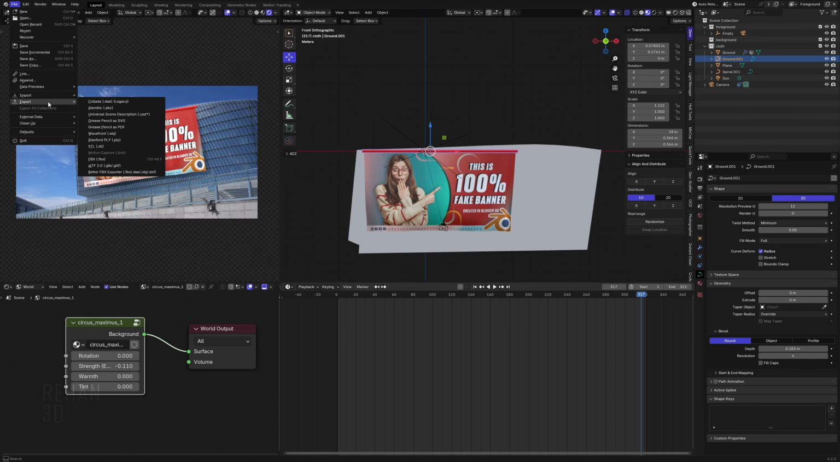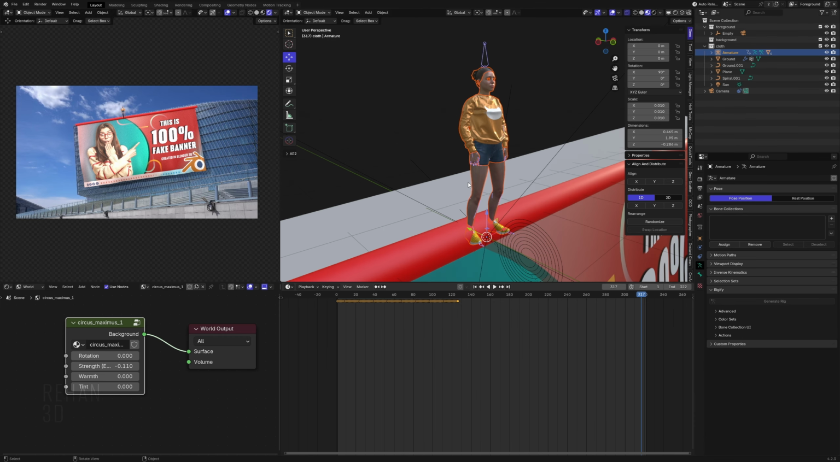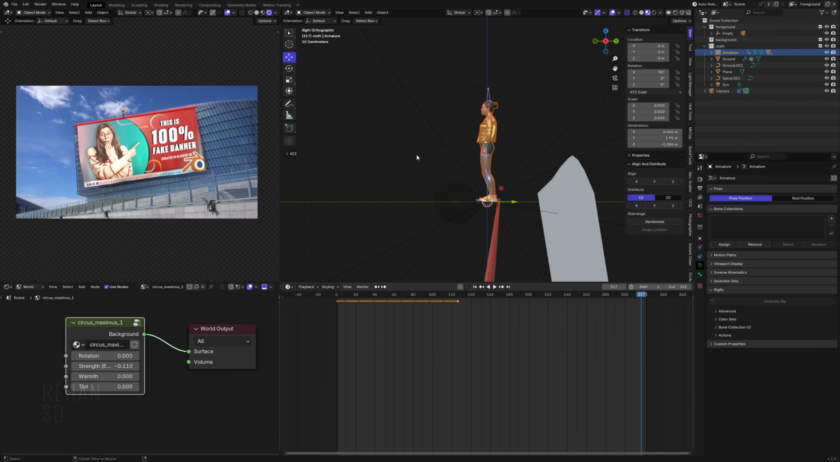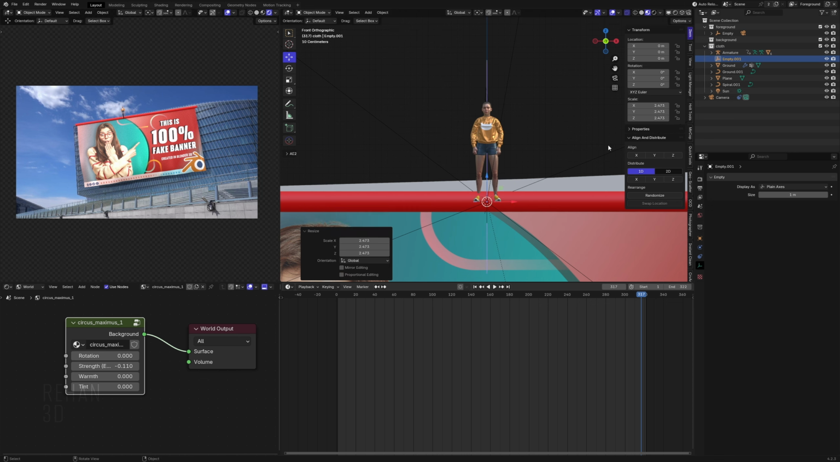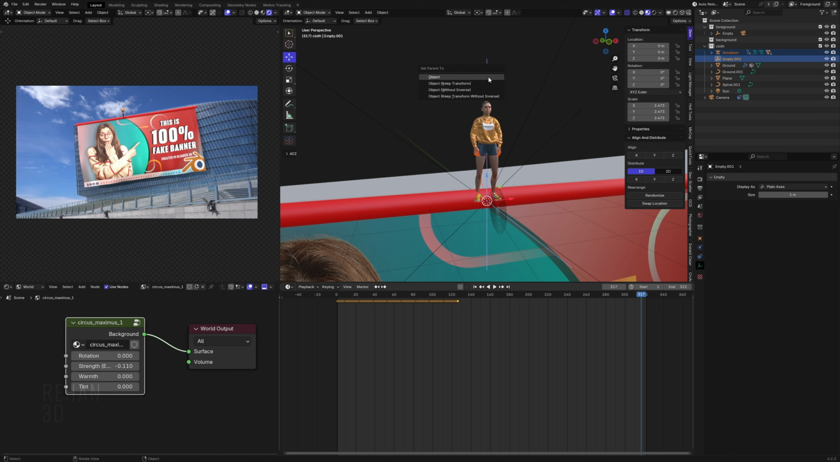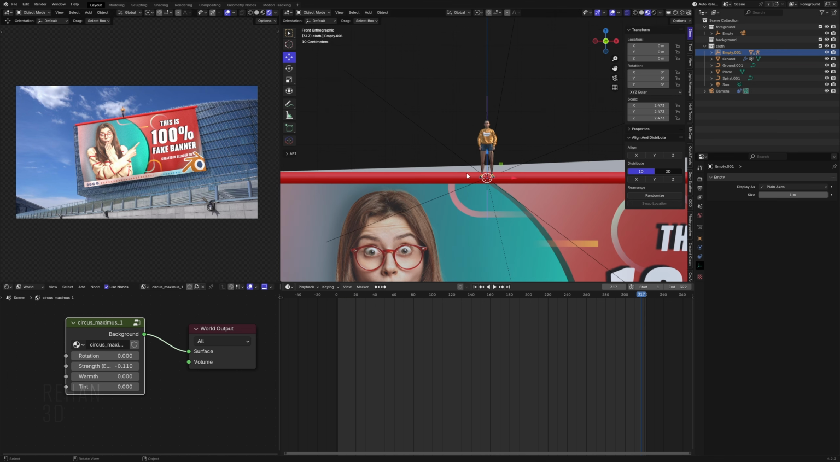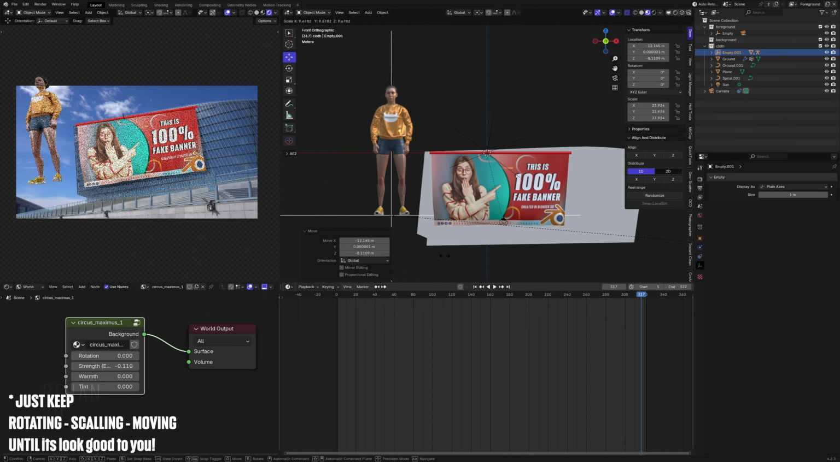So file, import, FBX, select the file where you have downloaded it, select the FBX and import, and it will import your character. After this, create an empty, scale it like this, and select the armature and select the empty, set the parent object, and it will parent the character to the empty. And after this we have to set it up here like this,